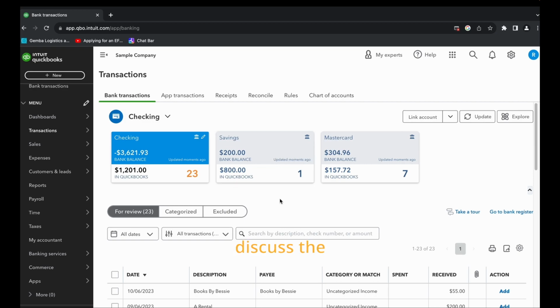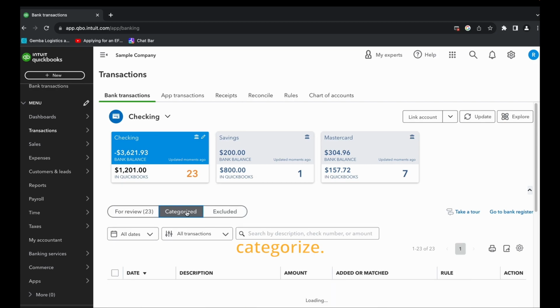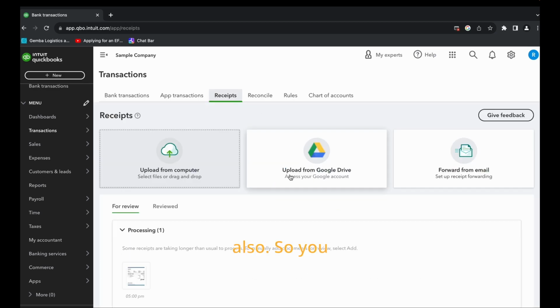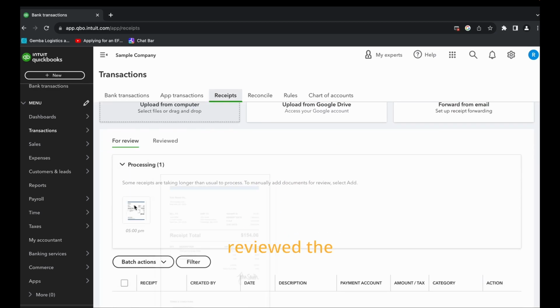We are not going to discuss the banking center here. We have a separate topic on that. It's because I'm having issues with the receipt that I'm just using this analogy to explain, because it operates very similarly. You can see categorize. These are the transactions that you've matched or added. Then for the receipts also, you can see after you've reviewed the receipts and possibly matched them